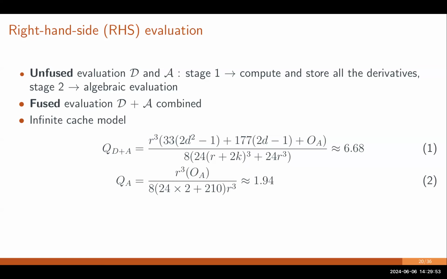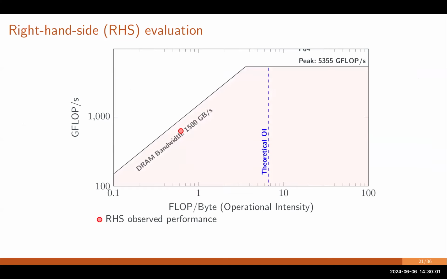compute time. Because ultimately, evolving the Einstein equations boils down to how fast you can evaluate the right-hand side of the PDEs. So this is the roofline performance model for the right-hand side. If you are not familiar with the roofline performance model, the x-axis has the operational intensity, which tells you the ratio of floating point operations that you do per 1 byte of